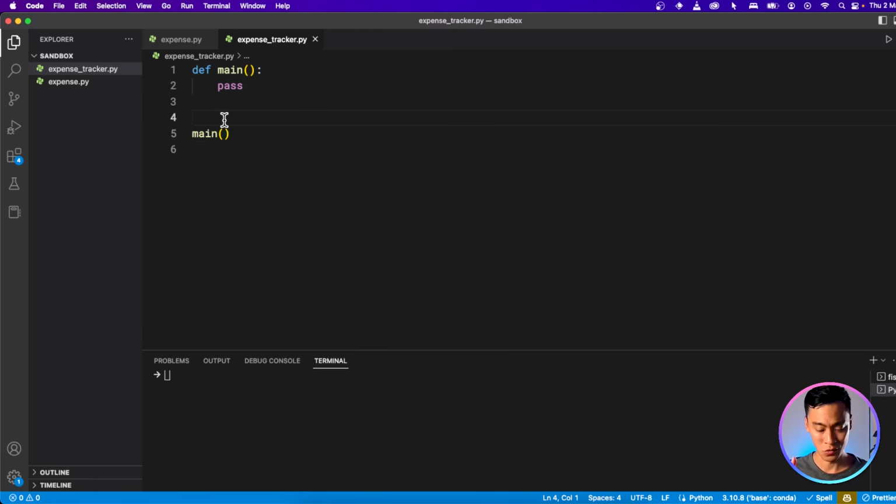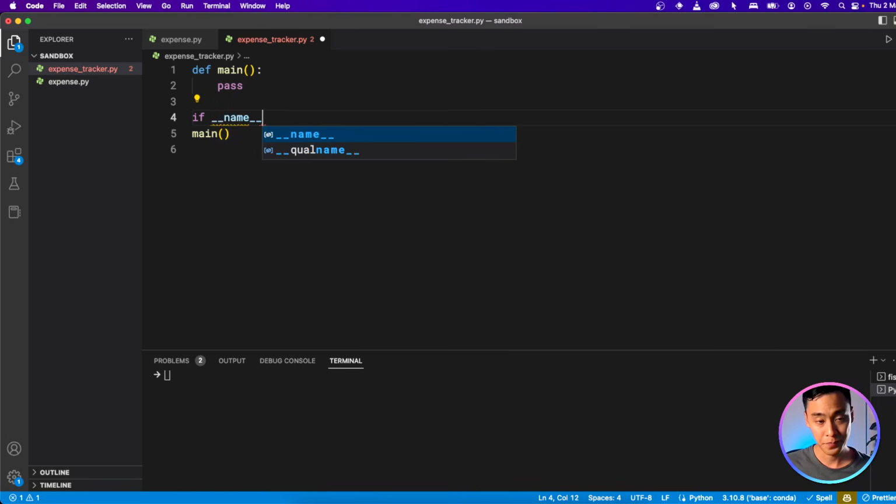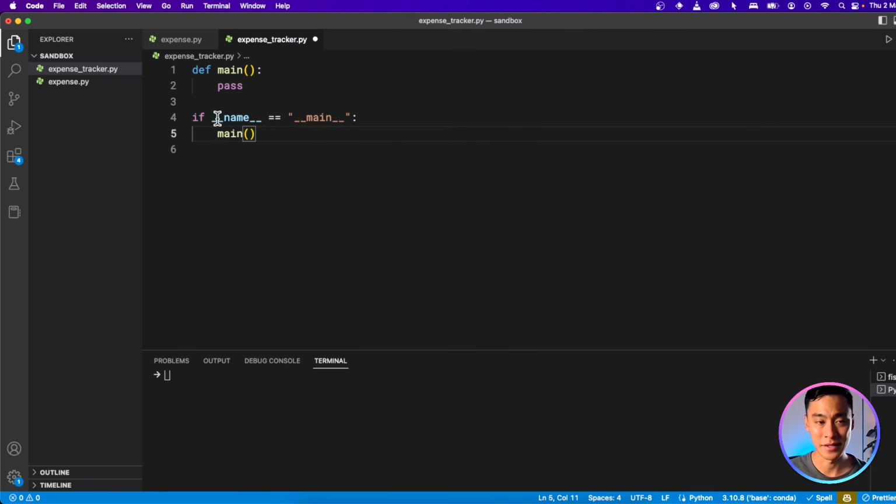To make sure that this runs only when we run this file and not when we run it as part of another file, there's a trick we can do, which is to put a condition. And the condition we can use is if __name__ == "__main__". Now, to break down what this means, this __name__ is a special variable in Python. It will be equal to "__main__" when we run this as a file. So this will only be true when we run it directly instead of importing it. Therefore, by putting this condition, we can run our app only when we run it directly. So if you ever see this structure in Python apps, this is what it's doing.